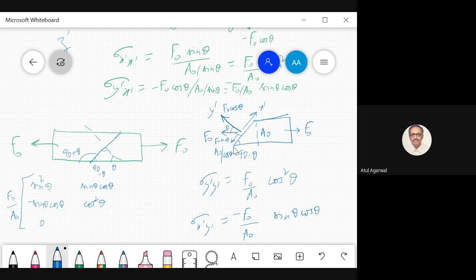Kevalish, can you see this? This was my F naught, which is pointing in whatever direction. Now, if I take my y component of F naught, it is positive, but my x prime component is negative. So you have to use a negative sign. The area normal is positive. For stress, the sign convention depends on both the area sign and the force component sign. So that is why you have a negative sign.